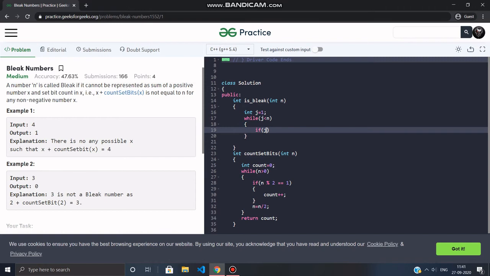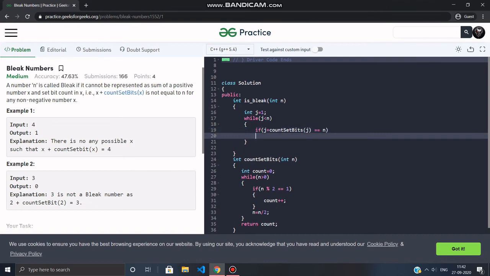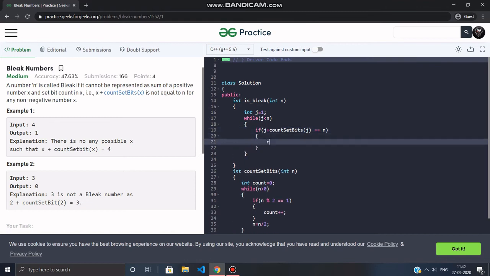I'll check whether x plus count set bits of x is equal to that number. For the count set bits, we have already written the function out here, called on j. So if it's equal to that number, what I'll return is 0.